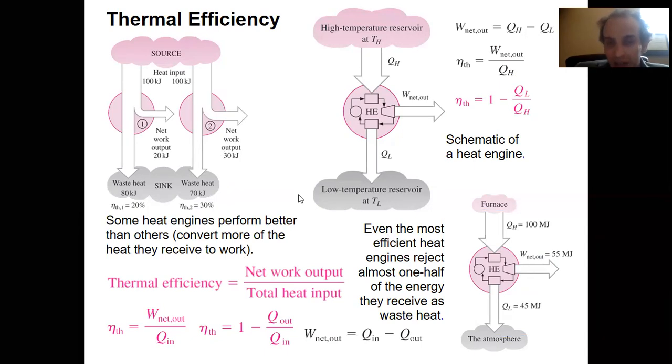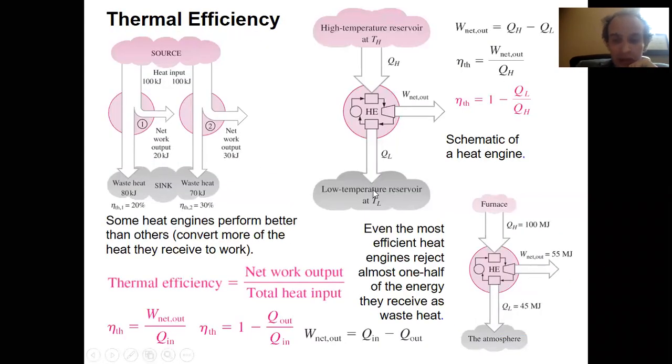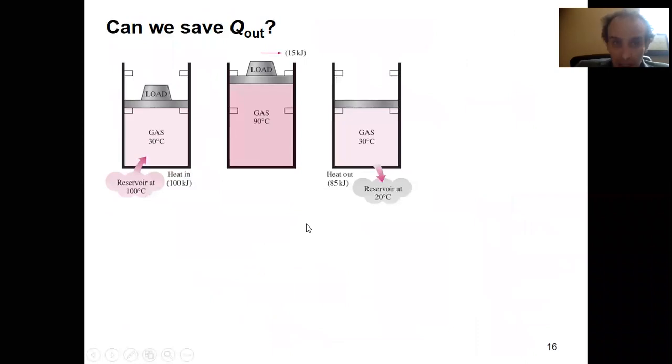So do you understand now what is thermal efficiency, what is a heat engine, and what is the Kelvin-Planck statement? In other words, it says that your heat engine cannot have one reservoir. A system cannot operate in a cycle with one thermal reservoir. You should have two reservoirs. That's a must. So now people may ask, okay, so this QL goes out. Can we utilize it somehow? Let's say, can we save Q out?